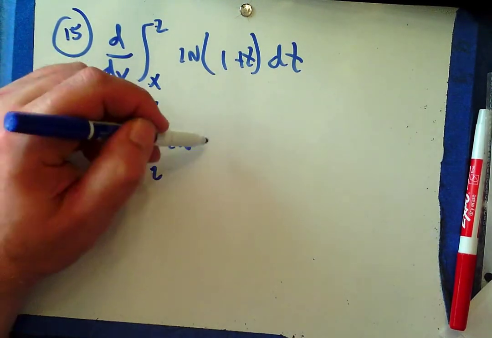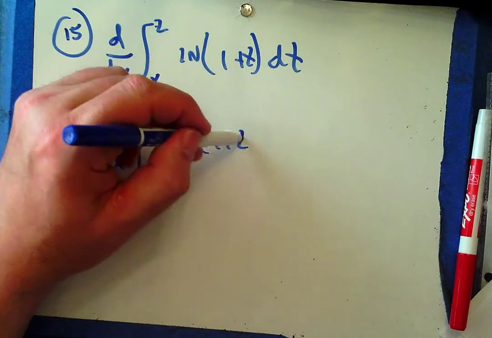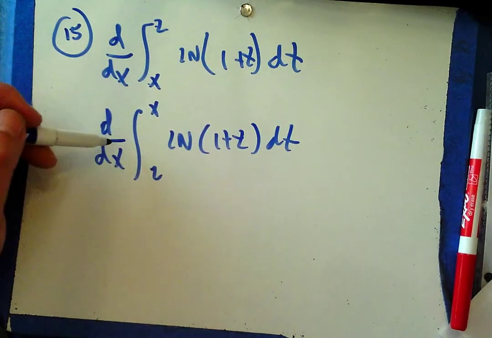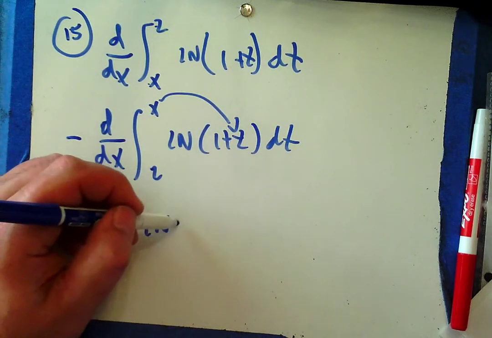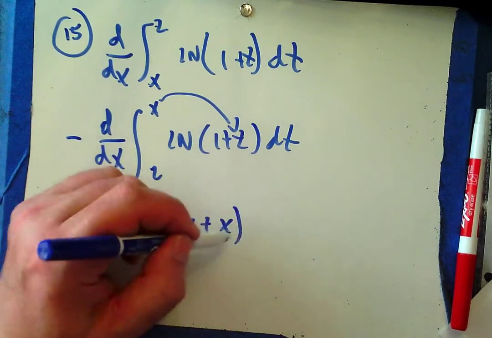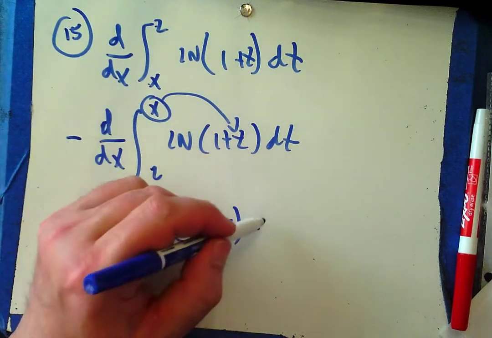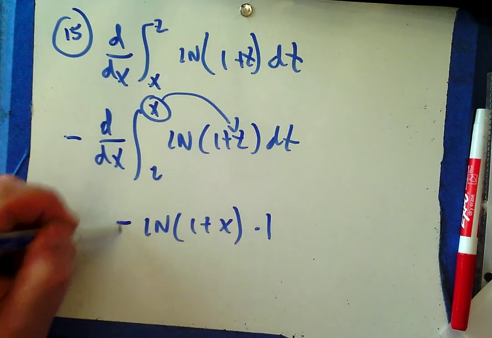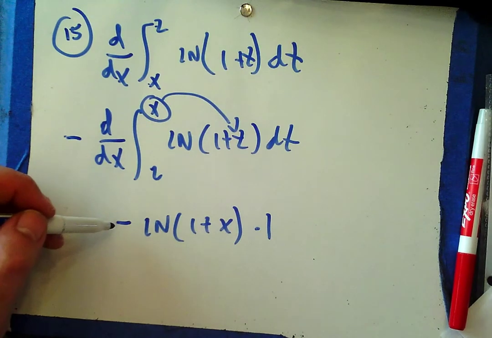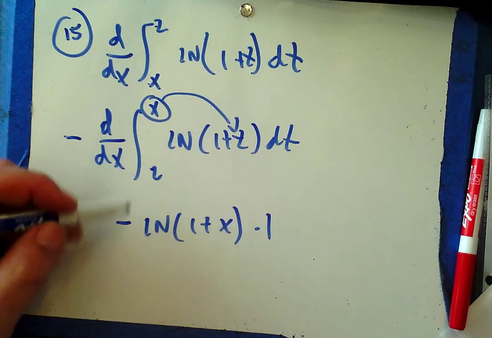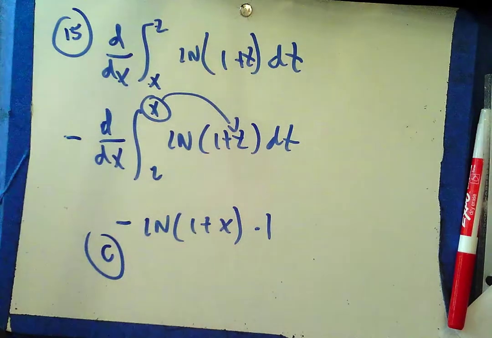Negative integral from 2 to x of ln 1 plus t dt. And now when I take the derivative, this goes here, and I get ln of 1 plus x times the derivative of that. Don't lose that minus out in front. So we're looking for negative ln x plus 1, and that's choice C. All right,